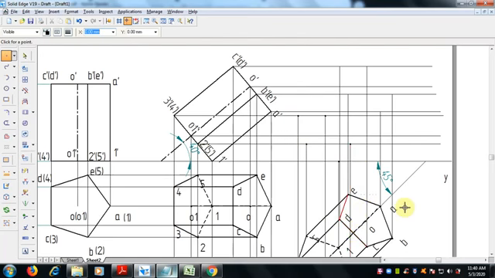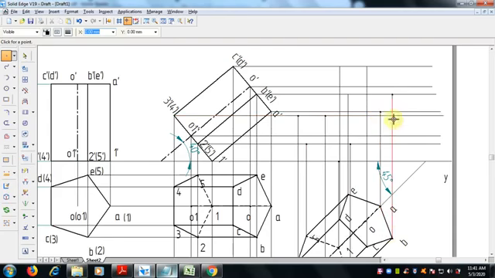Then A, B, C, D, E will come here. What is this? A, B, C, D. Yes, this is a corner A. A will meet here.